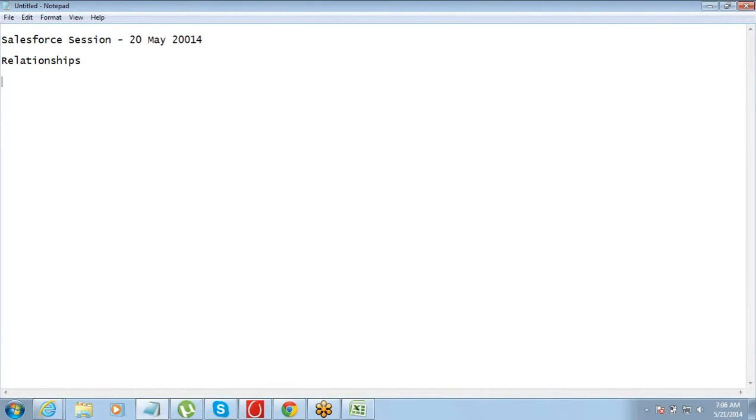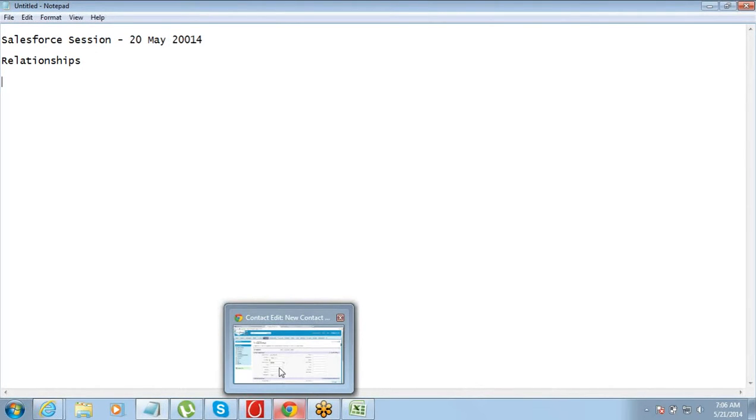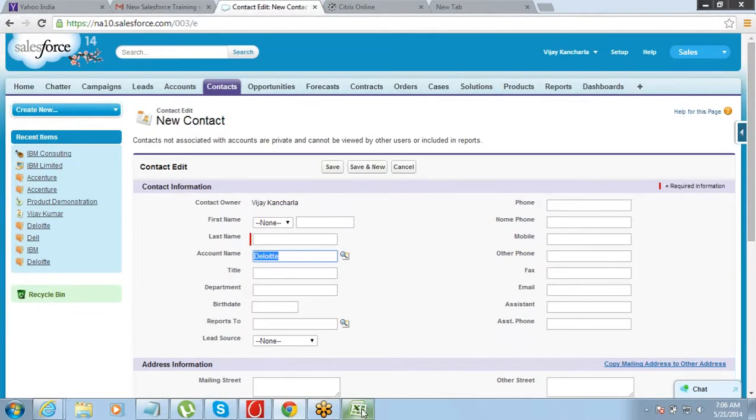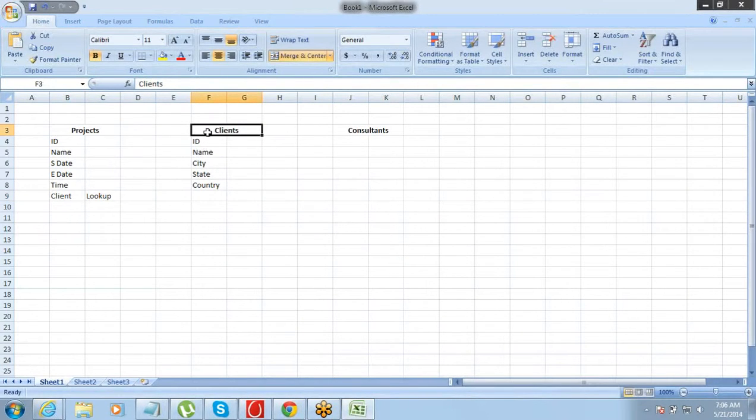So usually, this relationship can be of three types, as I told you, right? One-to-one. One-to-one means one client record can be connected to only one project, and one project can be connected to only one client. One-to-many is many projects can be connected to one client, right? So from a client, I can get multiple projects.